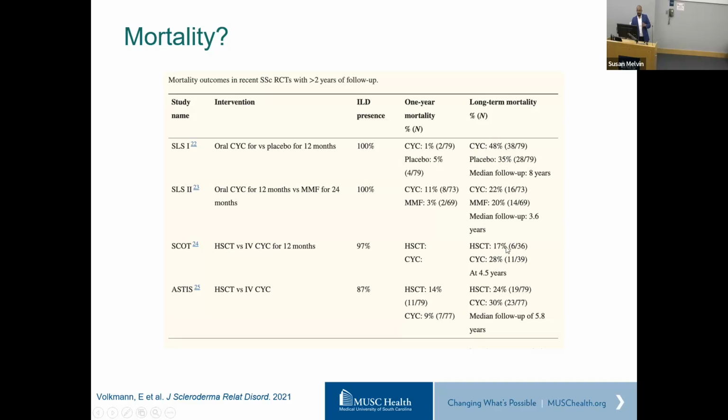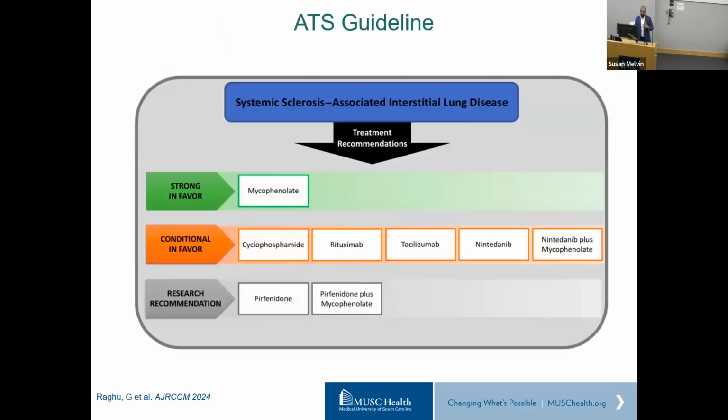Stem cell transplant, again, you're seeing a mortality that was less, but stem cell transplant for scleroderma has its pitfalls, and it has to be used in a select population. And stem cell transplant versus IV cyclophosphamide, again, we are seeing mortality in at least a fifth to a third of the population. And that is what I want to impress here: despite drug advances, we are still seeing significant burden and mortality from this disease.